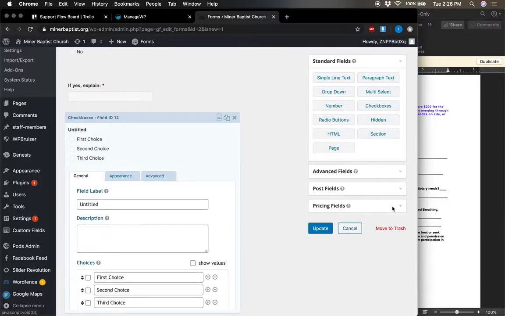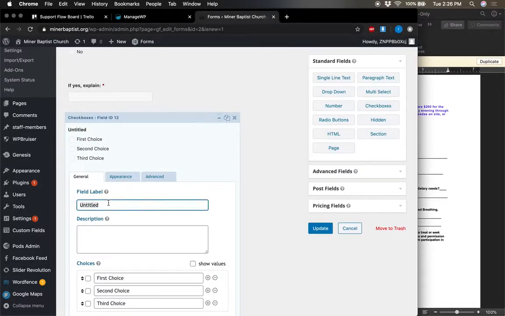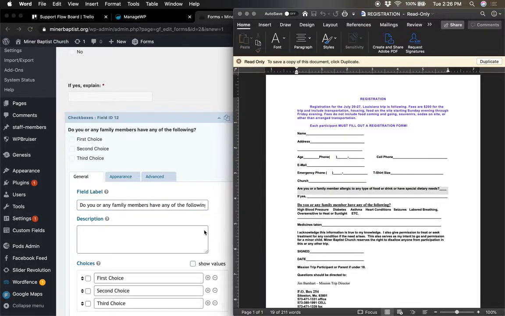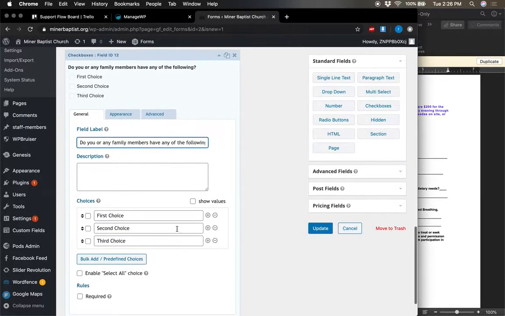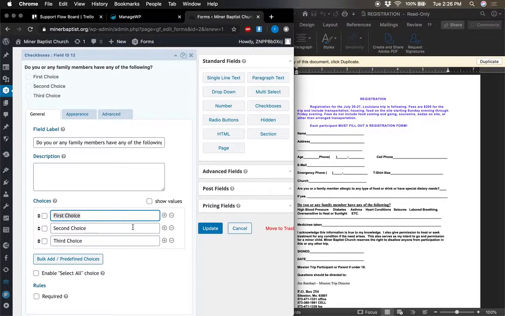And then this is, do your family have any of the following, or any family members? So then, here's where we will start listing out these items. High blood,